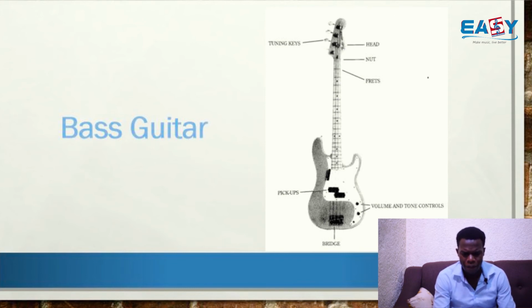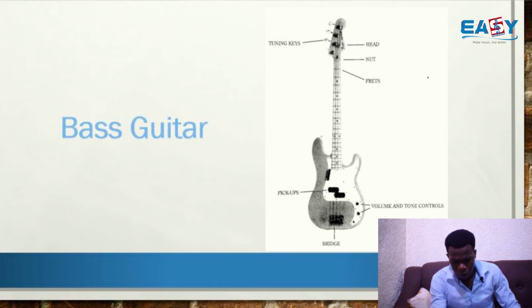So frets, you can see, are very common. They are responsible for creating notes. They indicate where a note is coming, they indicate the intervals. And pickups are responsible for carrying everything you are playing on a guitar, and they amplify it to other music equipment like mixers and output sounds.